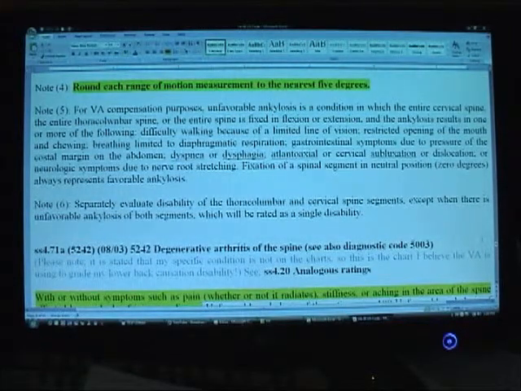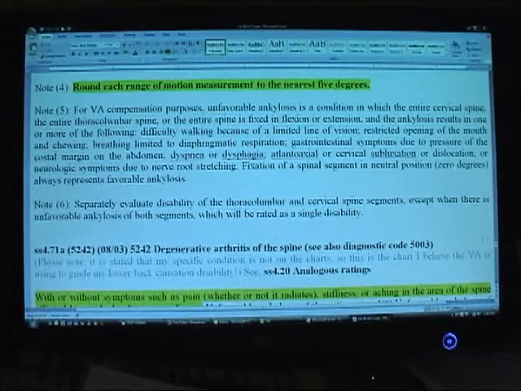Note 4. Round each range of motion measurement to the nearest 5 degrees. Note 5. For VA compensation purposes, unfavorable ankylosis is a condition in which the entire cervical spine, the entire thoracolumbar spine, or the entire spine is fixed in flexion or extension, and the ankylosis results in one or more of the following: difficulty walking because of limited line of vision, restricted opening of the mouth and chewing, breathing limited to diaphragmatic respiration,